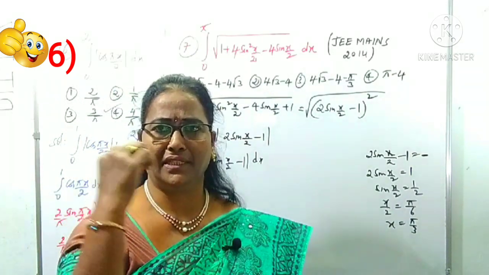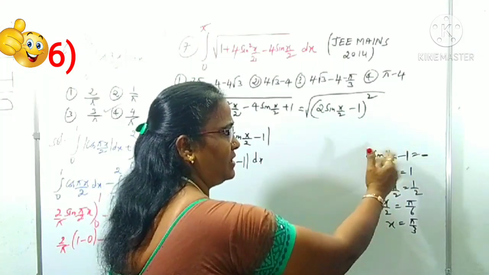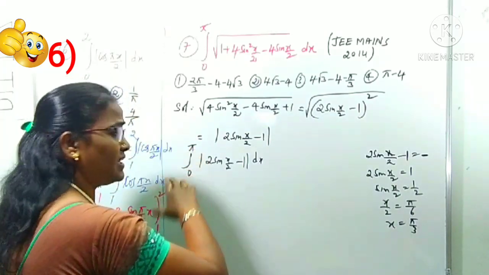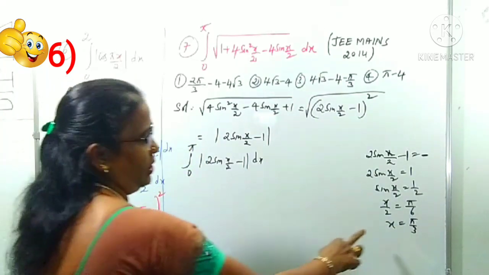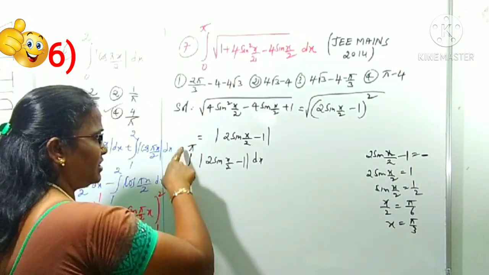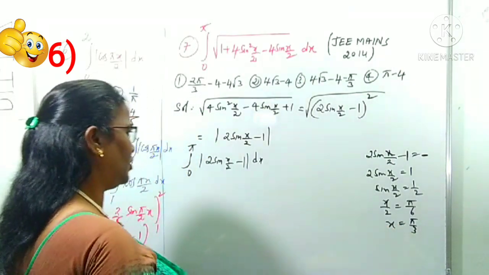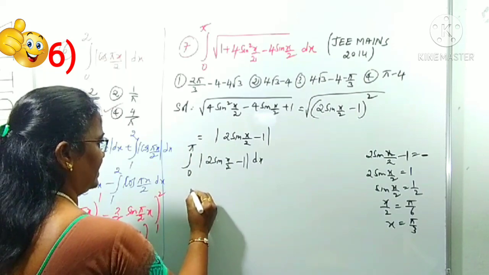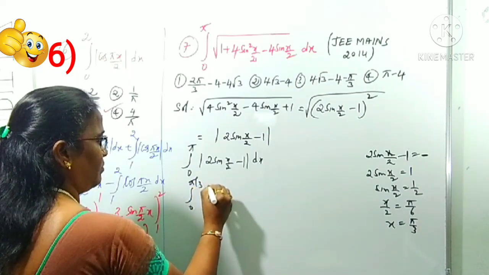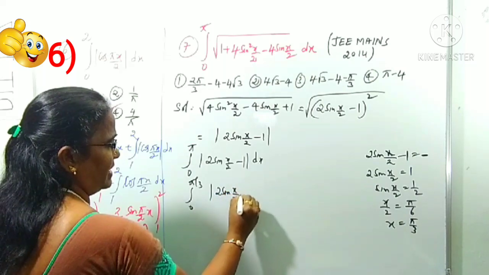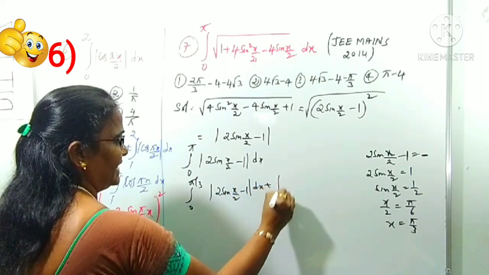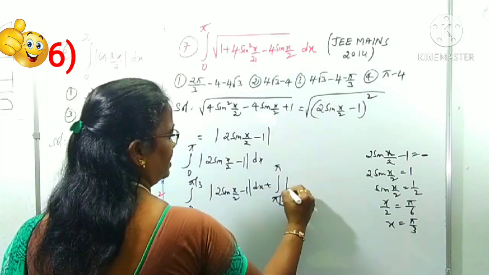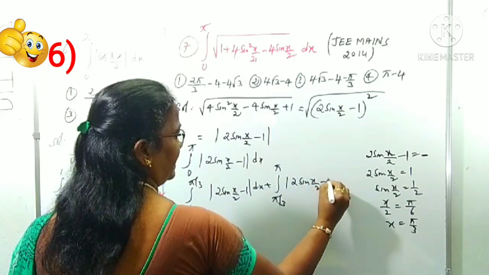If there is confusion, take directly the function as 0 and calculate the x value, then we can check whether it belongs to this interval or not. What is the x value? Pi by 3. Does it belong to 0 to pi or not? Yes, it belongs to 0 to pi, which means we can split this integral at x is equal to pi by 3, right? First one is 0 to pi by 3 modulus of 2 sin x/2 minus 1, plus the second function, pi by 3 to pi, right? That is modulus of 2 sin x/2 minus 1.